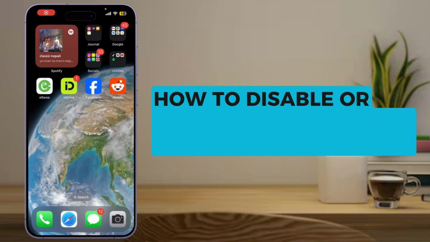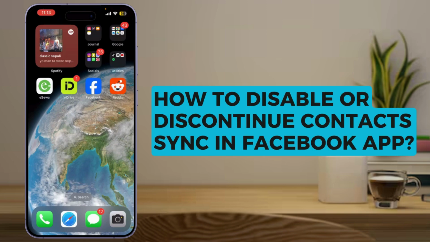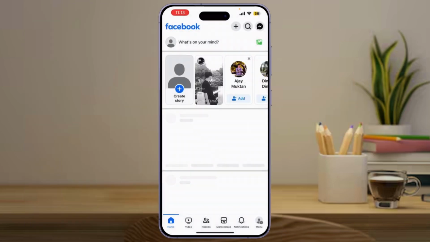Today I'm going to show you how to disable or discontinue contact sync in the Facebook app. So let's get started. First, let's open the Facebook app on your mobile device and make sure you're logged into